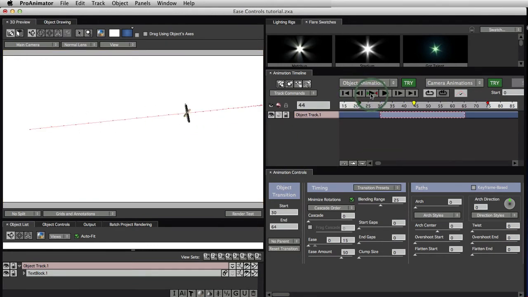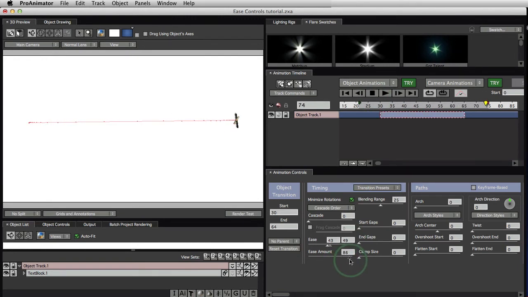If there's even more crafting that you want to do to this, what you use is the ease amount. Now 50% is a pretty standard amount of ease. But what we can do with this is, let's say we put it here so that we speed up and then slow down about half and half. It's going to look a little funny because it's going to speed up and then suddenly slow down. All right. And then as we adjust the ease amount, as we increase the ease amount, you'll see